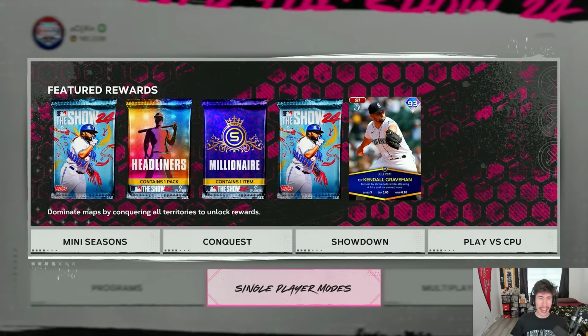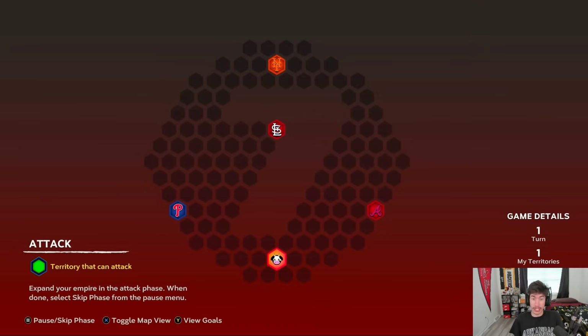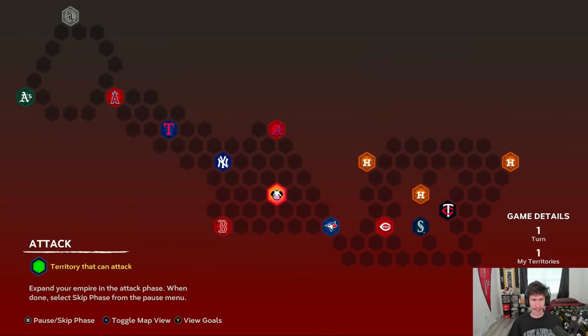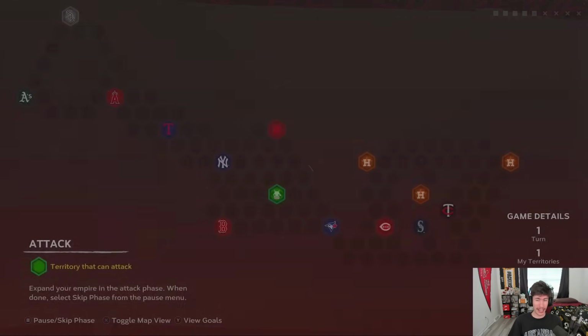We also have a new Conquest map today. It's going to be the City Connect New York Mets, so we're going to be able to get those City Connect Mets uniforms. There's only 4 strongholds on the map. That's kind of nice to see after this one had so many. I feel like that's just kind of a lot for a new Conquest map that gets you a 93 overall,